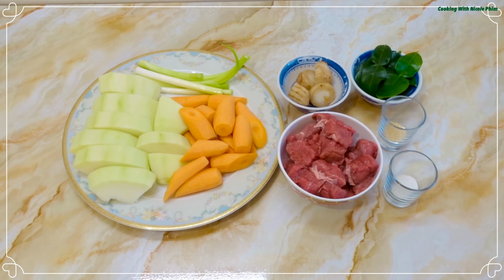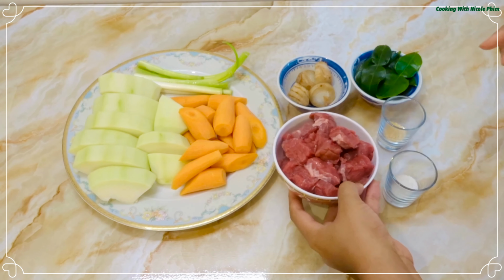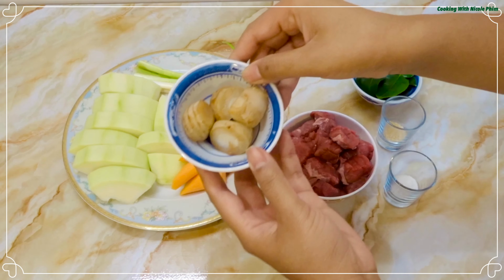Today I'm going to show how to make beef soup with papaya and carrot. For the ingredients, I have some green papaya, some carrot, some green onion, some beef that I already cut like this, some galangal,